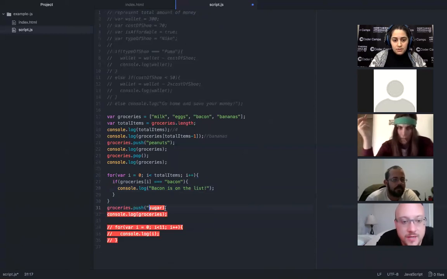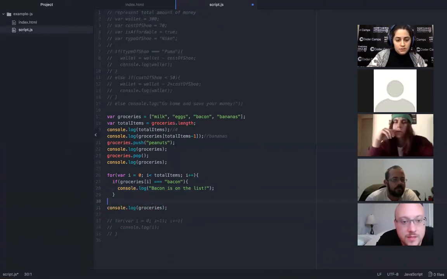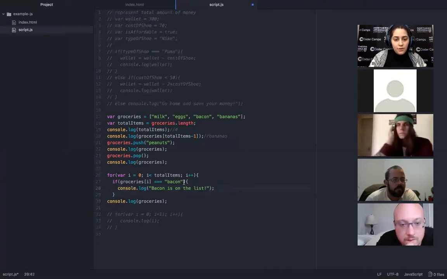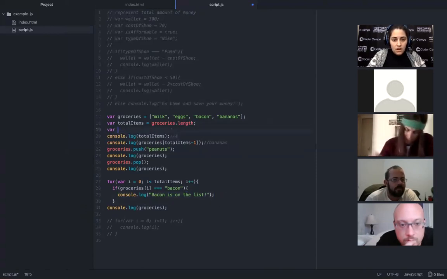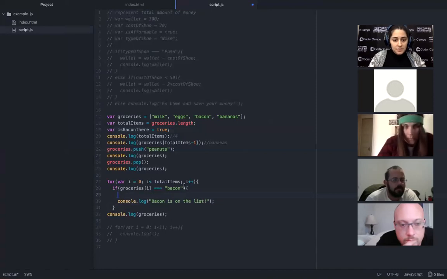Well, I'm talking about running a check to see, like you did with bacon. Okay, so then you'll need something to keep track, and you'll have to check another statement, right? So let's say we had another variable called isBaconThere, and we're going to make it a Boolean. Let's say it's true, right? And then in here, I'm going to say if something's equal to bacon, then isBaconThere is equal to true, right? And then let's say